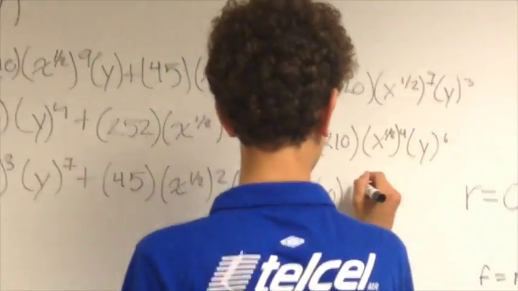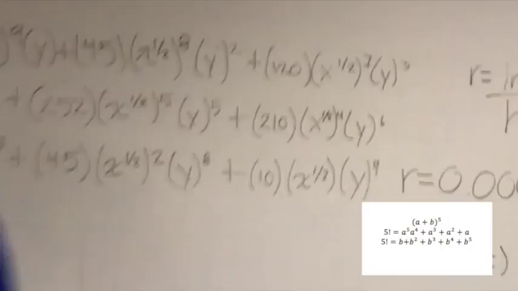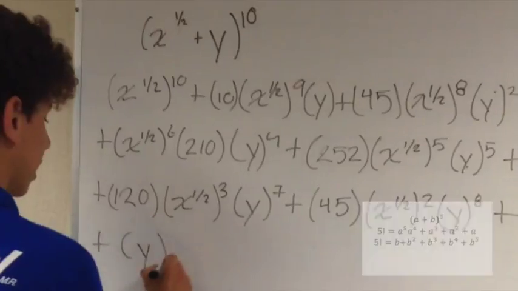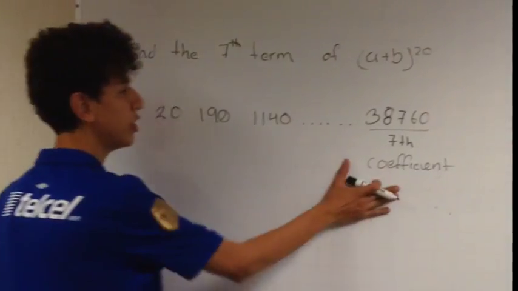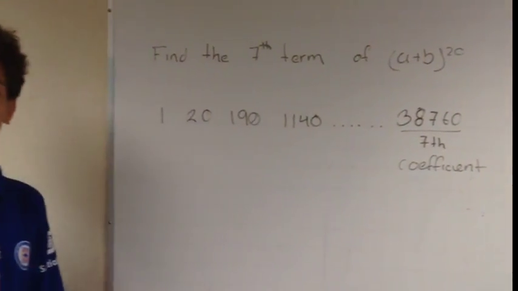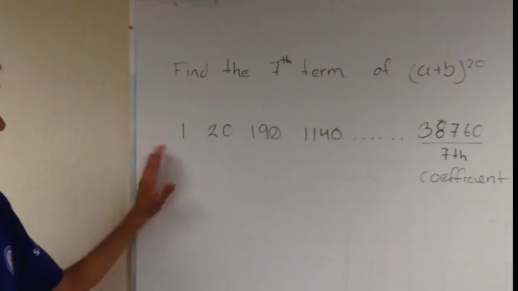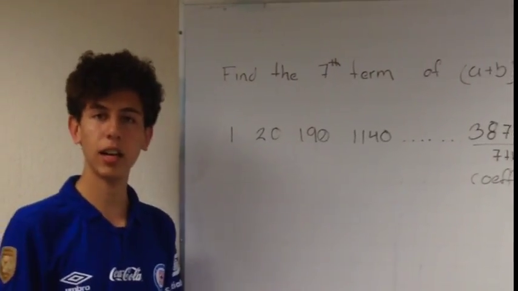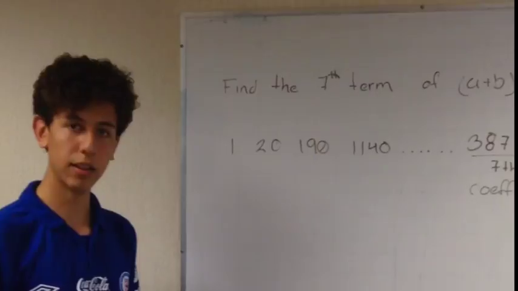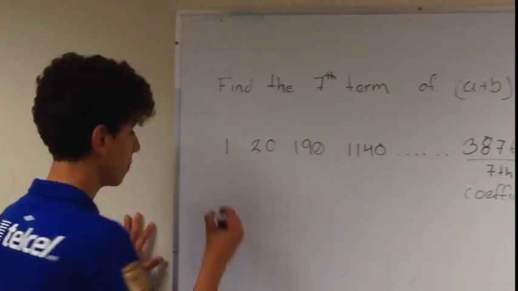And then we get as a result. We find the seventh coefficient from Pascal's pyramid, and we know from the past activities that the result is going to be